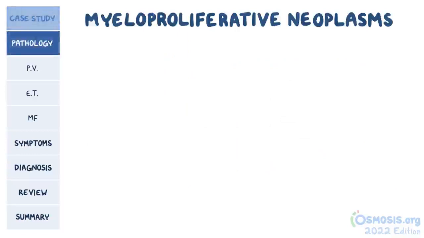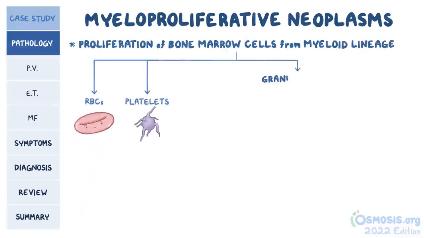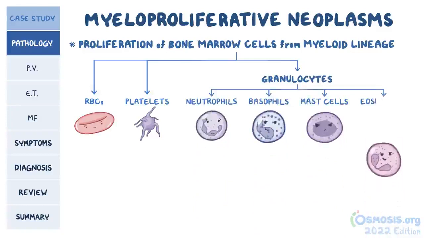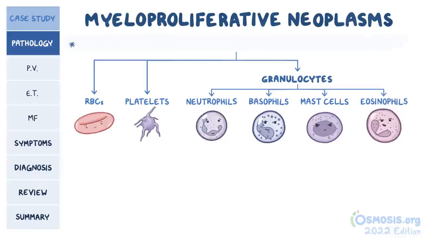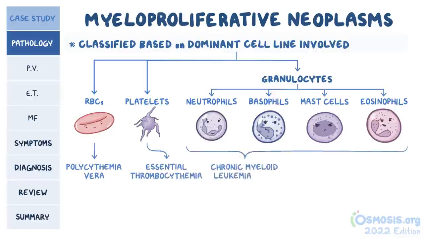These are a group of malignant neoplasms characterized by proliferation of the bone marrow cells from the myeloid lineage. That includes red blood cells, platelets, as well as granulocytes, which include neutrophils, basophils, mast cells, and eosinophils. Each disorder can potentially cause proliferation of all of the myeloid cells, but they're classified based on the dominant cell line involved. So there's polycythemia vera for red blood cells, essential thrombocythemia for platelets, chronic myeloid leukemia, or CML, for granulocytes, and the odd one out, primary myelofibrosis, which doesn't really have a dominant cell line, but instead is characterized